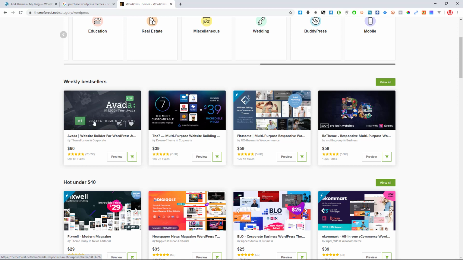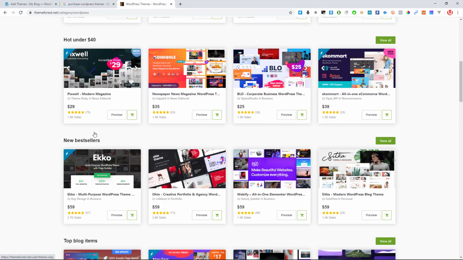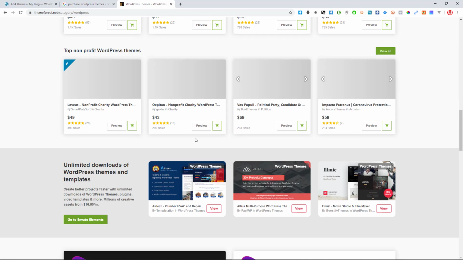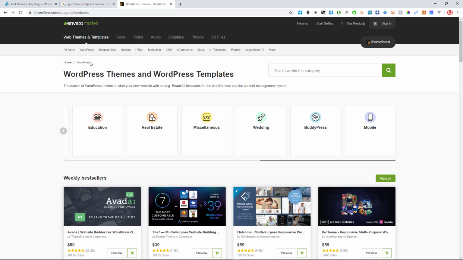Best sellers. For example, this Avada theme is the best seller. We have this one. It's called what? The multi-purpose website theme, the most customizable theme. That's also among the top selling. We have Flatsome among the top selling. So here we'll see different themes. So if I click here, for example, on